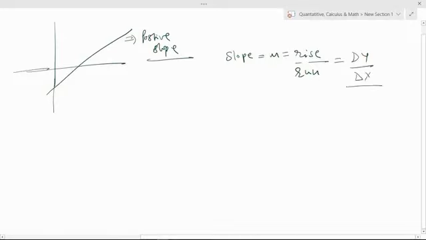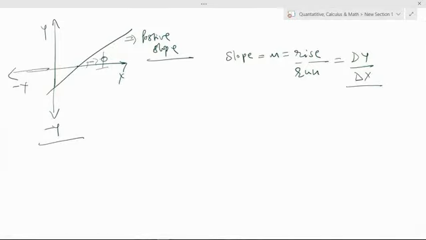Basically it is nothing but change in the y-axis over change in the x-axis. That's why it was very important for you to know what is positive, and what the x-axis and y-axis are. So we know this is the x-axis. When we are calculating a slope like this, it is known as a positive slope. The slope is intersecting at this particular point. This is the inclination, which is defined as phi. This is the angle of inclination, the angle of intersection between the points, which defines the steepness of the slope.